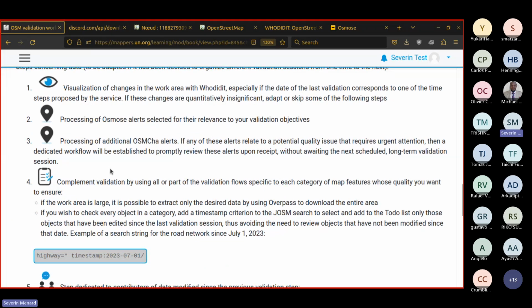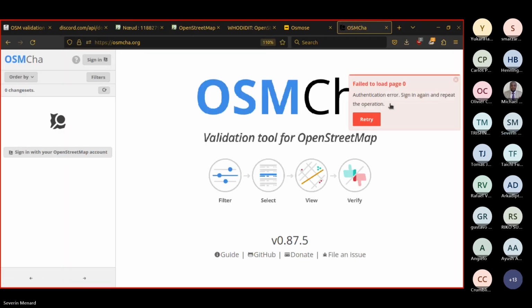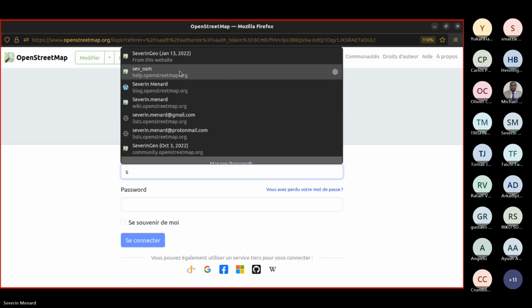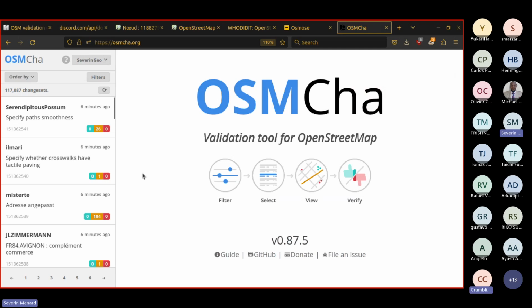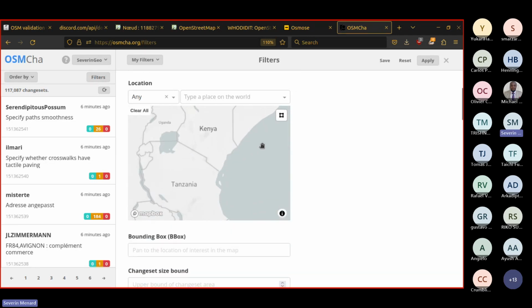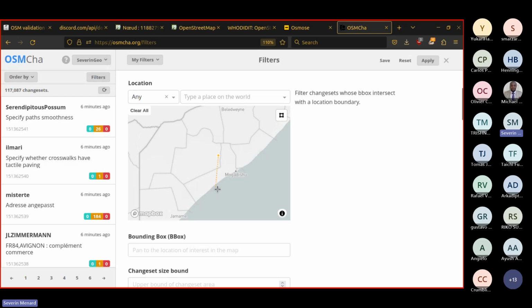And processing the additional OSM SHA alerts. Okay, so you can do a quick filter with my account. I can create something like that. Don't need the water actually, but okay.